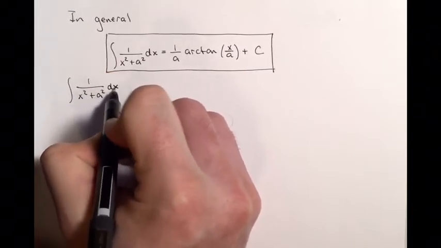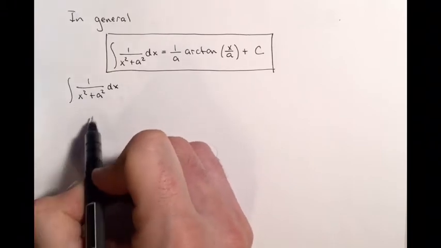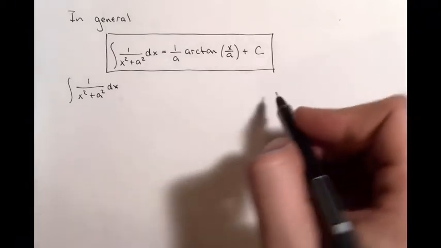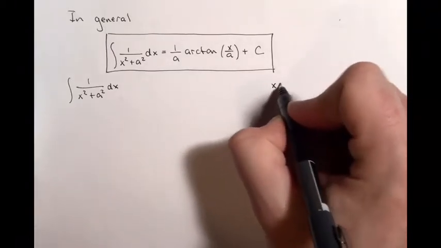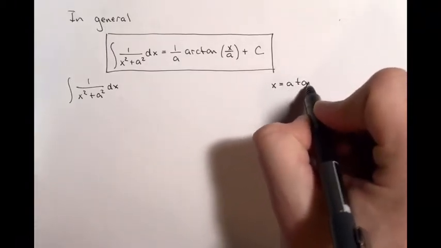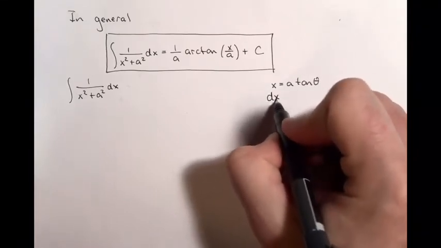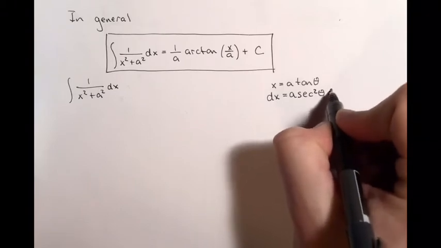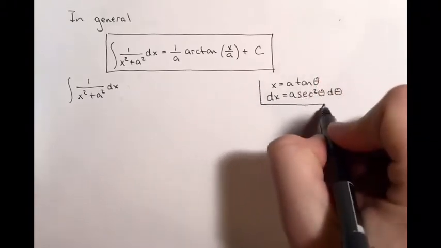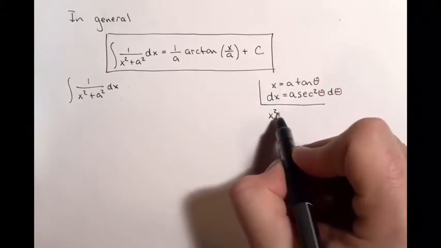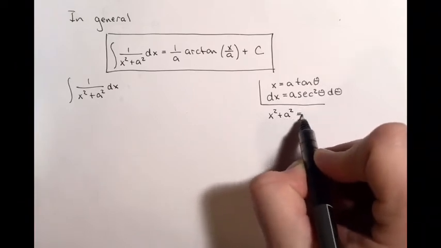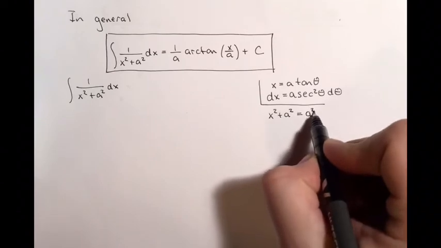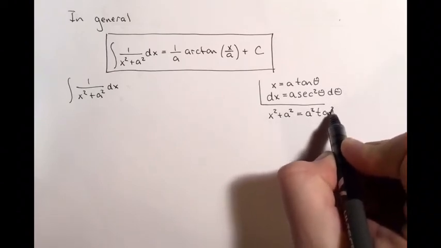So if I see this integral, 1 over x squared plus a squared, if I wanted to find the antiderivative, I can recognize x squared plus a squared from when we did trig sub. And I know that in that scenario, I'm going to be doing the trig sub x equal to a tan theta. That means that dx will be equal to a times secant squared theta d theta. And we're also going to want to simplify x squared plus a squared, which, if x is a tan theta, gives you a squared tan squared theta